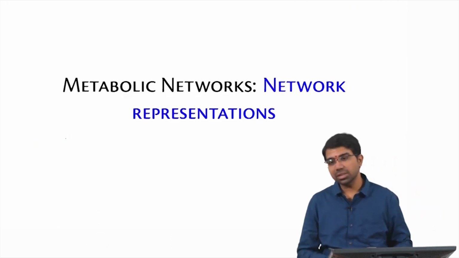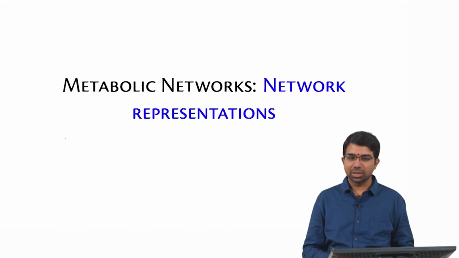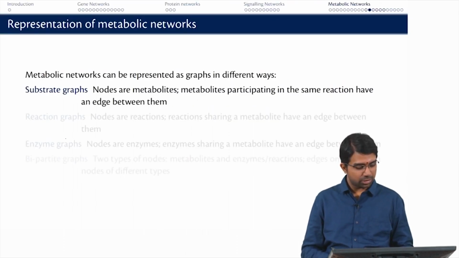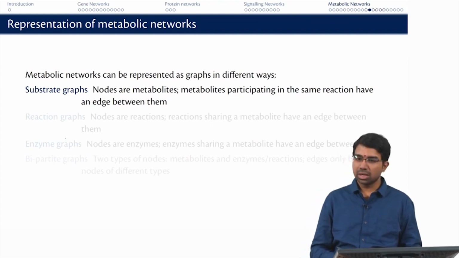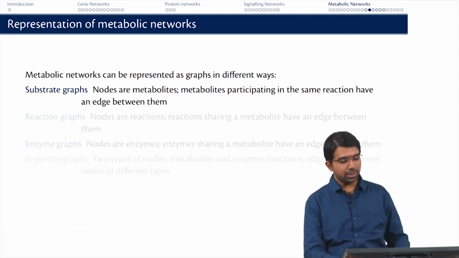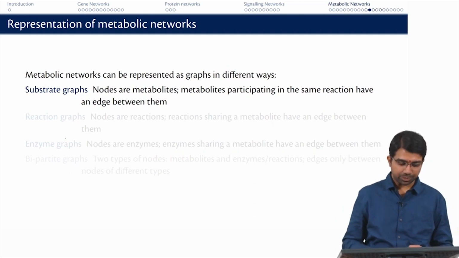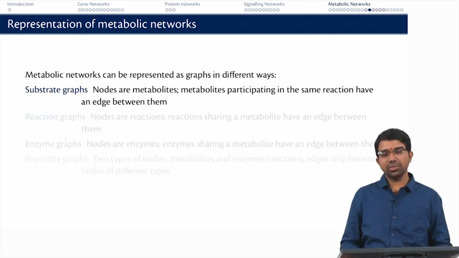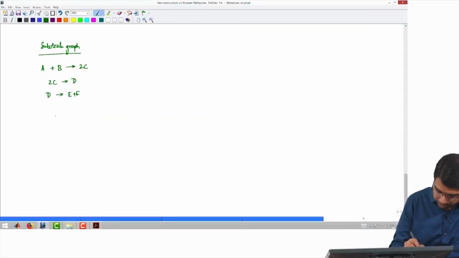How do you represent these networks? I think we already looked at it briefly earlier. We looked at substrate graphs, reaction graphs, enzyme graphs and bipartite graphs. Let us just refresh what they are, and then we will also study how you can represent these using a matrix. So, what is a substrate graph? Let us say this is the reaction network. How does the substrate graph look? We will have a node for A, a node for B, a node for C,